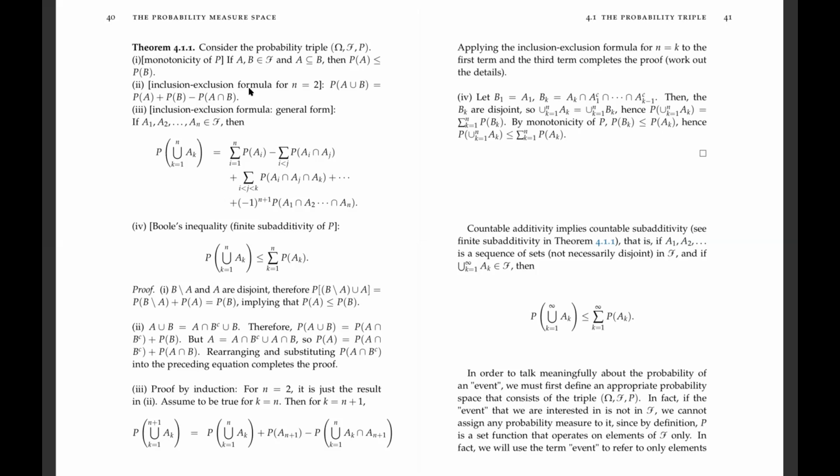And then finally, you have the inclusion exclusion formula, the general form, right? Which is also easy to remember, which goes as follows. If you have A1, A2 until AN as elements in F, then the probability measure on the union of all these sets can be written as follows. Yeah. So you have first the sum of all the probability of all the individual sets. Then you minus the intersection. Yeah. Okay. Your I less than J means the pair is actually,